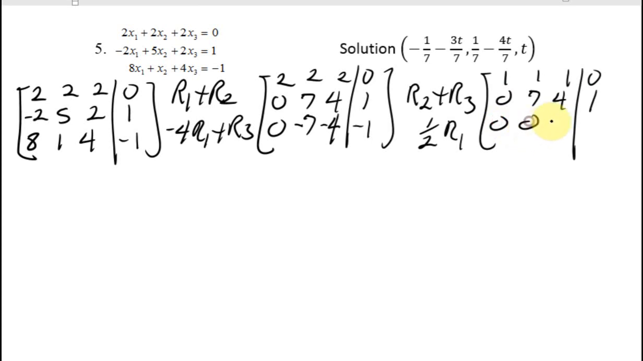This is 0, 0, 0, 0. Remember, an entire row of zeros begs for infinitely many solutions. If you have zeros on the left side and a number other than 0 in the augmented part, then you know that you have no solution. If there's no solution, you stop. But if you have an entire row of zeros, including the augmented part, you have to solve for the solution,